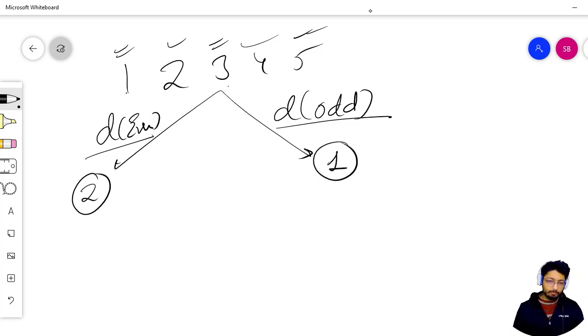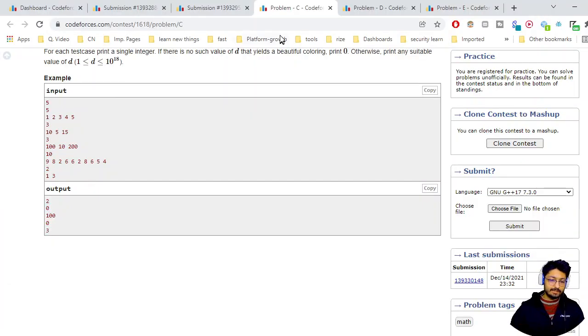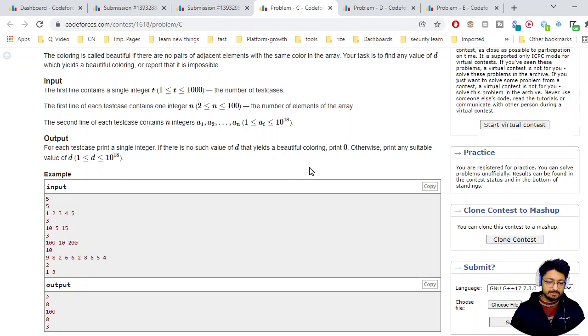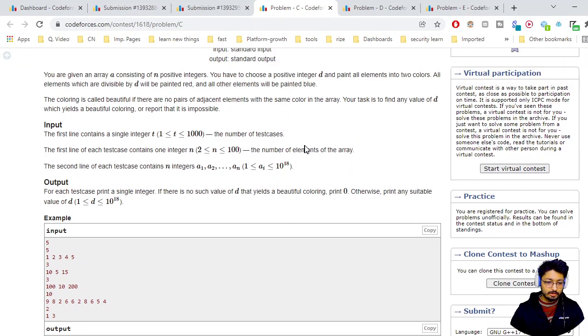Now the problem statement says that if you find such a number, then you just print it out. Finding the GCD is very simple. It is done in log n, so you can easily do that, nothing much complicated, and the time constraint will be followed. It is also said that if there is no particular D that you find, you have to